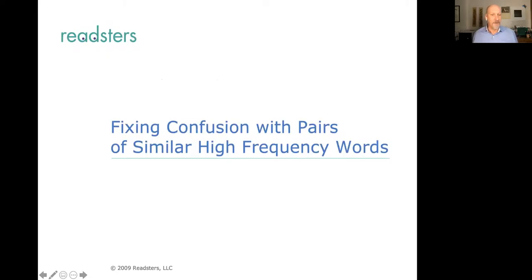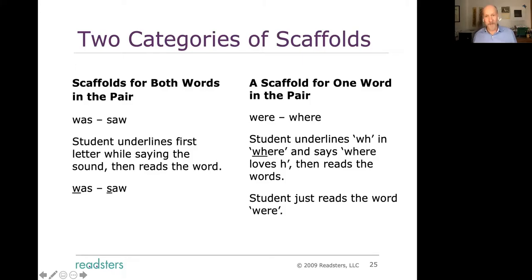Okay. Our third strategy for fixing confusion with pairs of similar high frequency words that get confused is very similar also. However, one big difference is that some pairs of high frequency words that get confused, for instance, was and saw, lend themselves to having what we call, instead of anchors, scaffolds. And we give a scaffold for both the words in some of the pairs. So for was, saw, the student would look at the word was, underline the W, say the sound that W spells, so they would go woo, was,